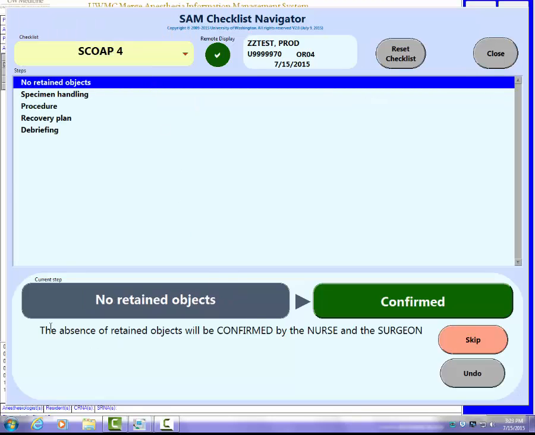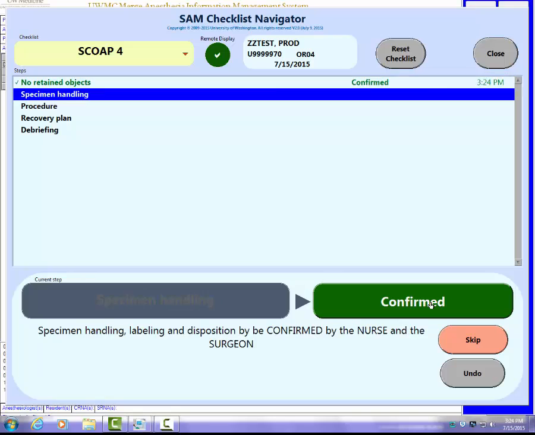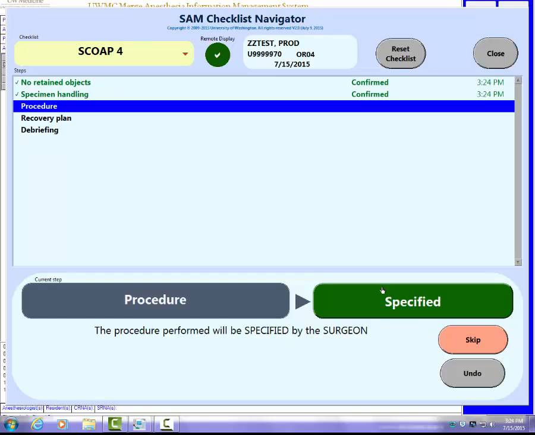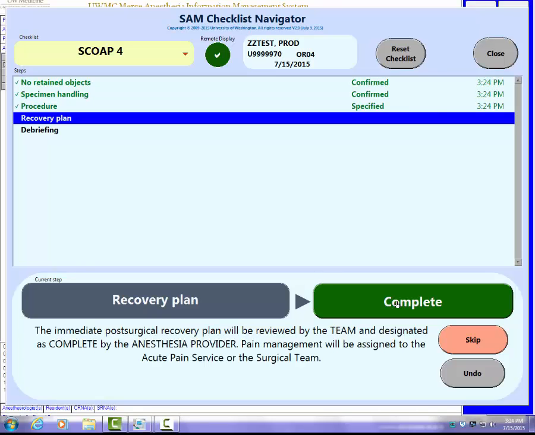In the first step, the absence of retained objects will be confirmed by the nurse and the surgeon. We'll click Confirm. Specimen handling, labeling, disposition will be confirmed by the nurse and the surgeon. We'll click Confirmed. The procedure performed will be specified by the surgeon. We'll click Specified. The immediate post-surgical recovery plan will be reviewed by the team and designated as complete by the